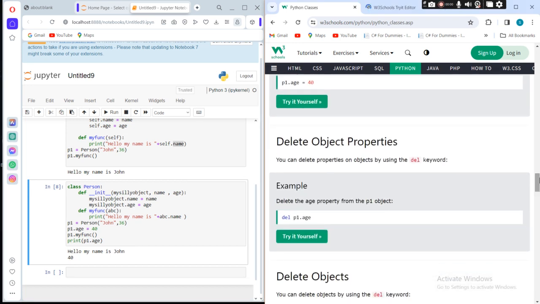And then, after modifying, we can also delete object properties. The del keyword can be used to delete it. For example, in here